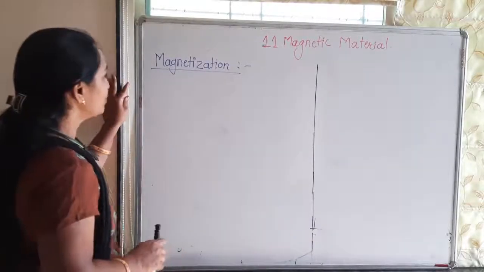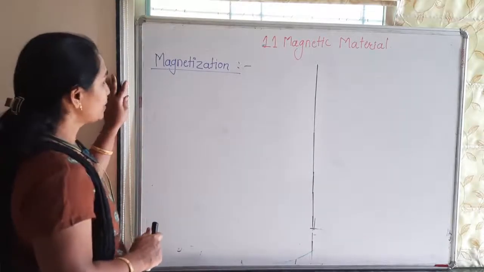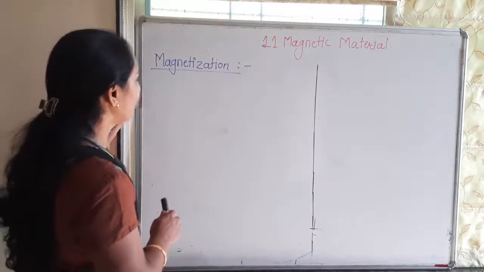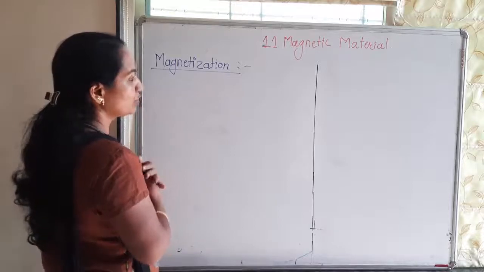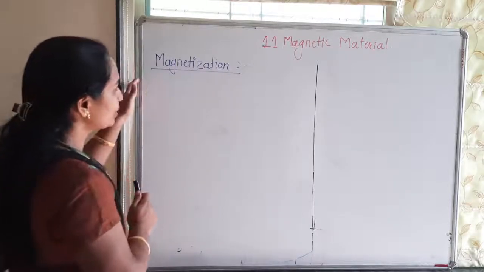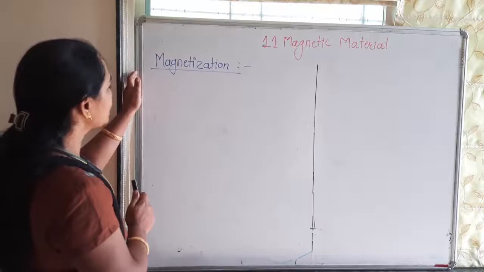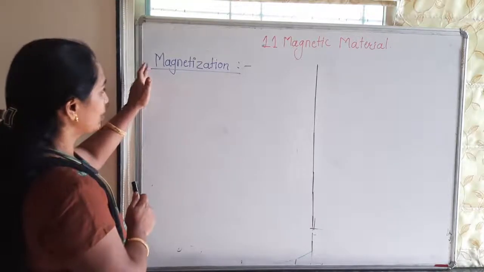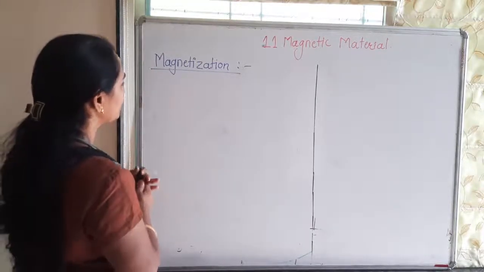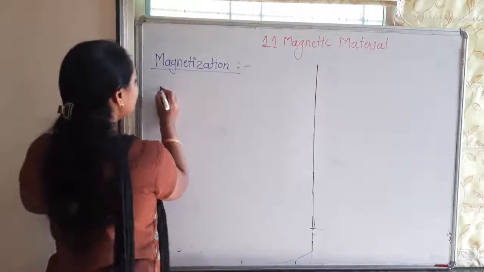Students, in the last video we studied the magnetic moment of an electron revolving around the nucleus. In this video we are going to study the meaning of magnetization. Definition of magnetization: magnetization is the ratio